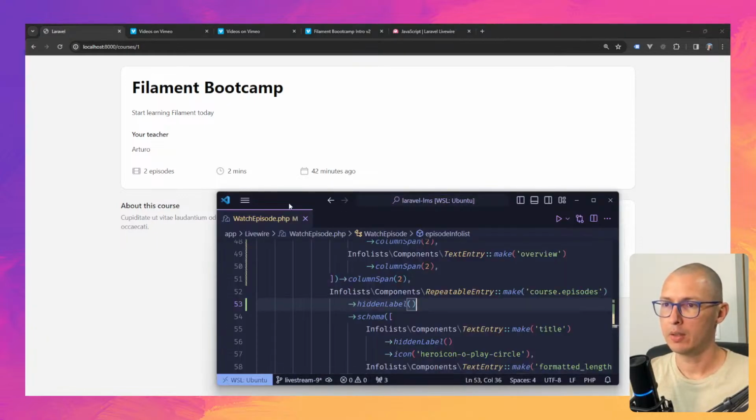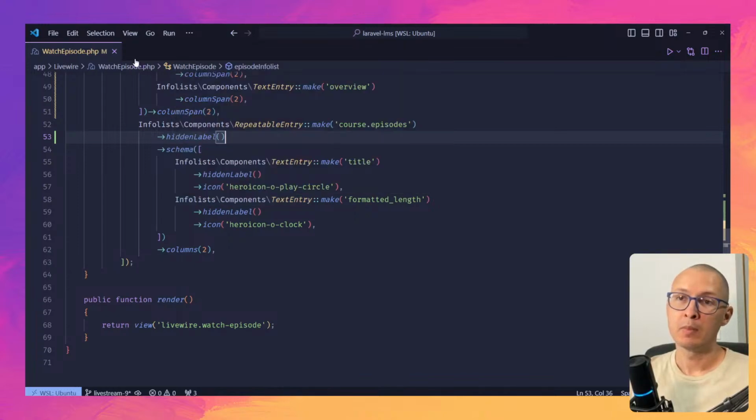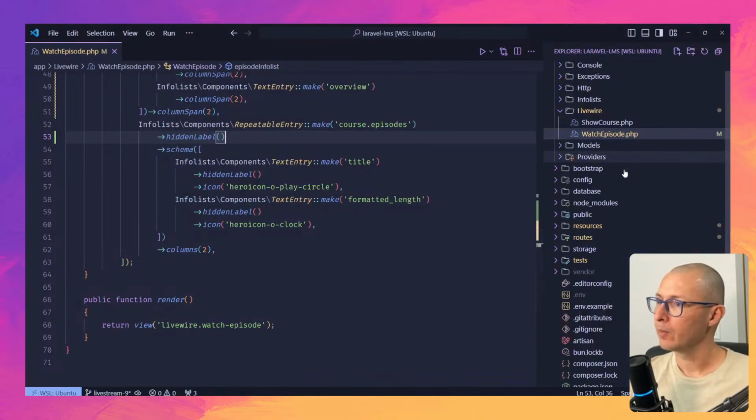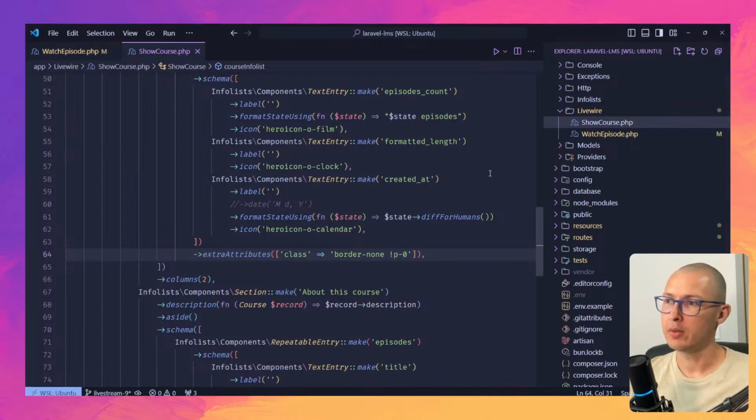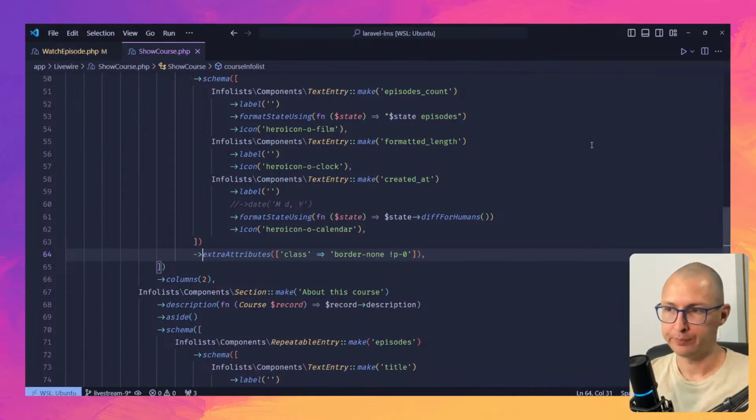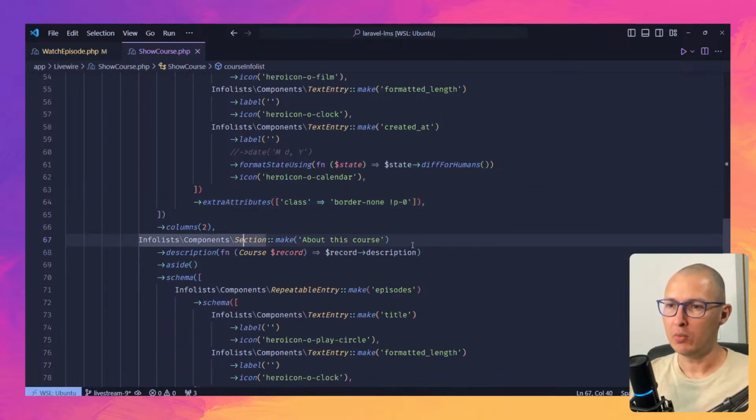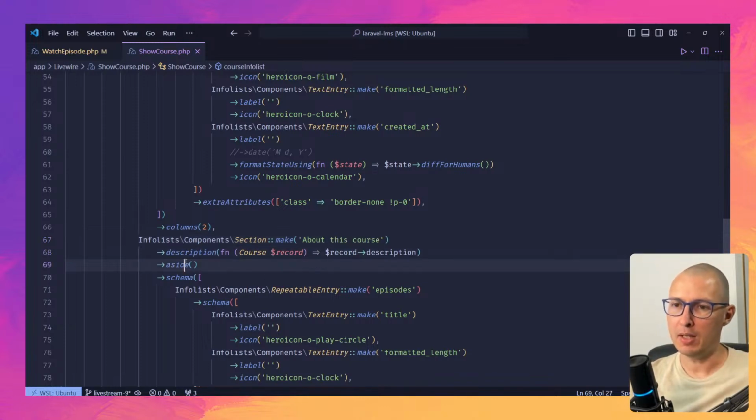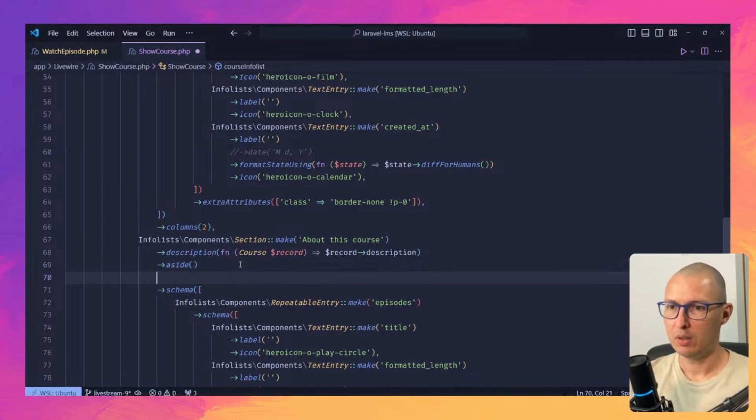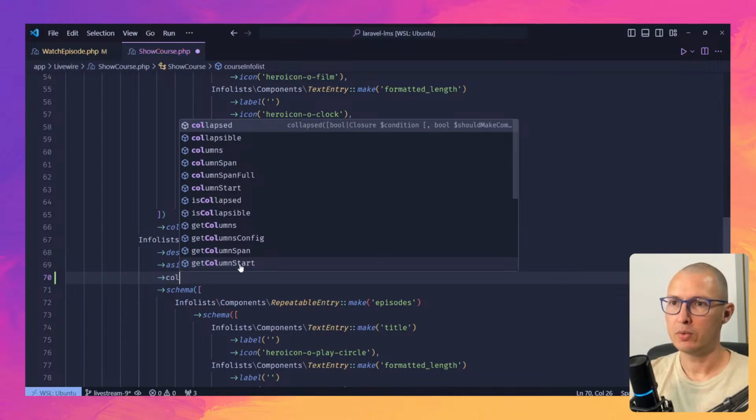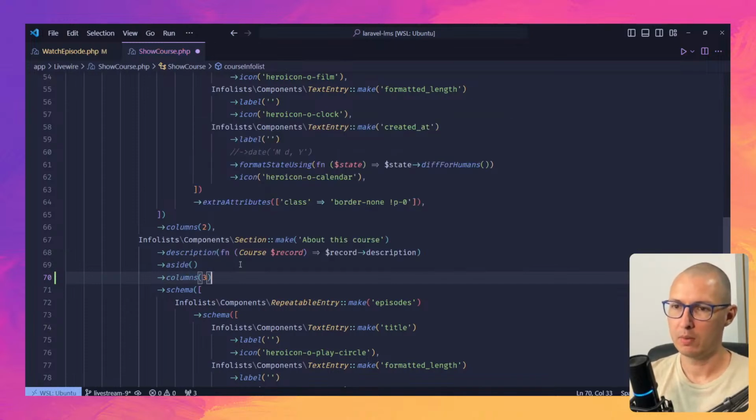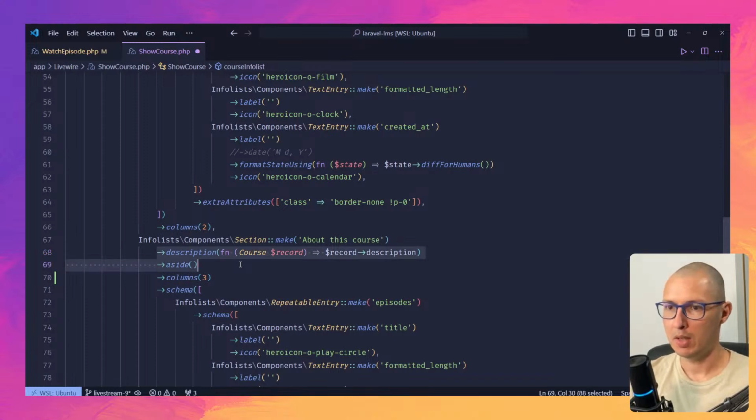Real quick. We're gonna need the show course. So yeah, here we're making a section about this course, and I'm just taking the description, putting it on the side with aside, and then the repeatable entry. But I think instead I'm just going to take this section, make it columns 3, remove the description and aside,